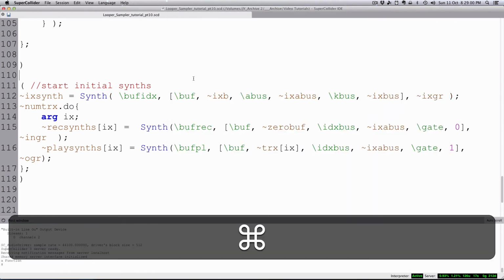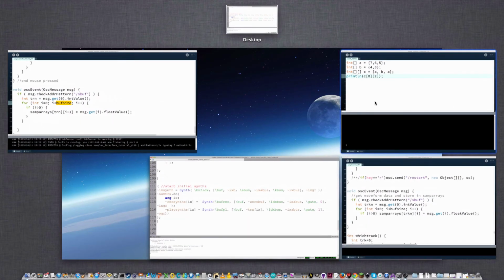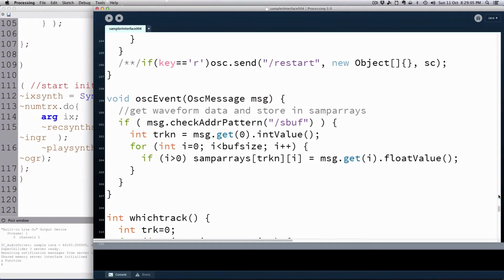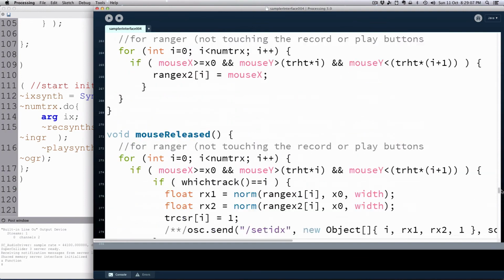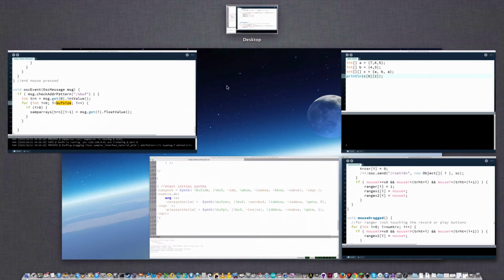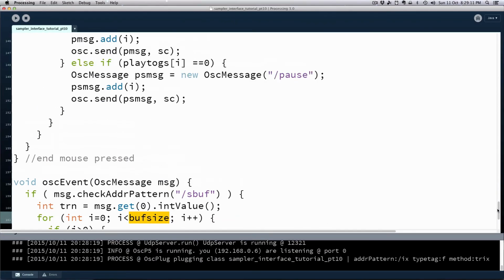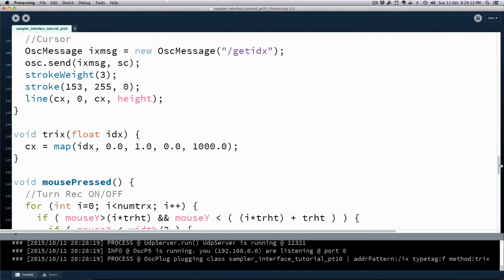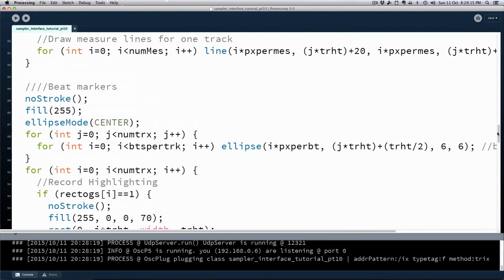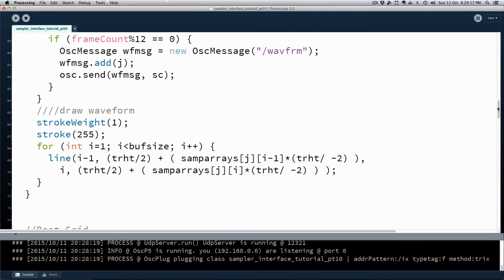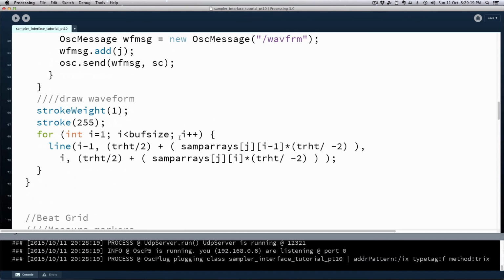Let me kill that. Do we make our mistake where it's drawing? I have a feeling no. Oh no, that's the other one. I have a feeling it's not the mistake where we're drawing. So let's look at the draw first. It says, and good thing we labeled it, draw waveform. Okay, it's drawing sample arrays J, I, yeah, I think that should be okay. Line, right, track height divided by 2. Okay, so it's just updating